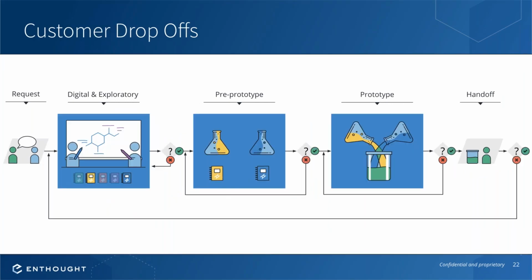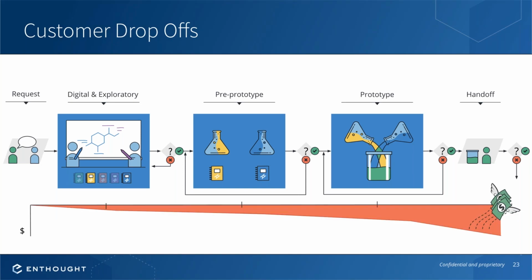Customer drop-offs. So we go back again to our workflow. The more time it takes us to develop that new device, that new material, that new cell culture, the more money it's costing us. And the more the customer waits, the higher the chance of our competitors getting there before us, or our customers looking at our samples saying, I don't think you'll make it to the end, I don't think you'll be good enough, and just dropping off and abandoning